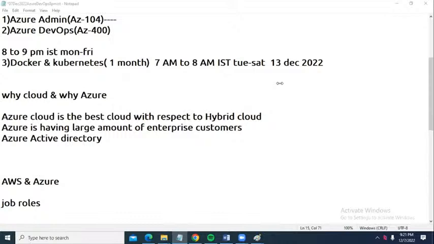So how are they useful and different from a VM? Actually, to create containers, we need images, just like we need images for creating virtual machines. We can create our own images, or there are public repositories from which we can pull images and create containers.